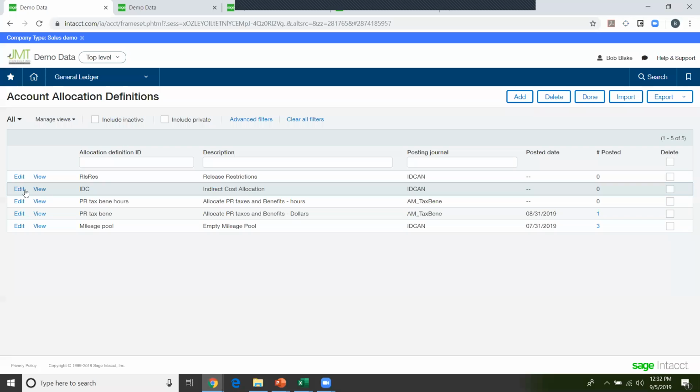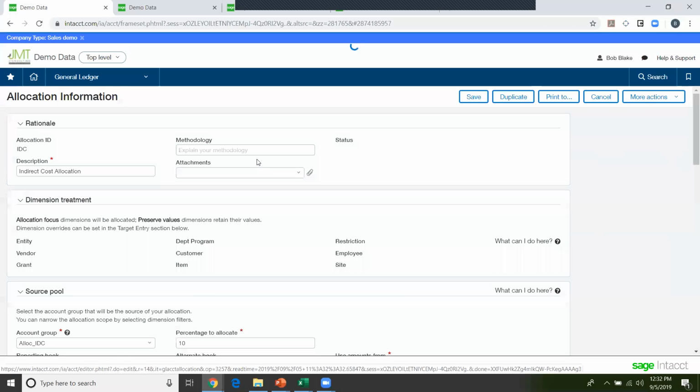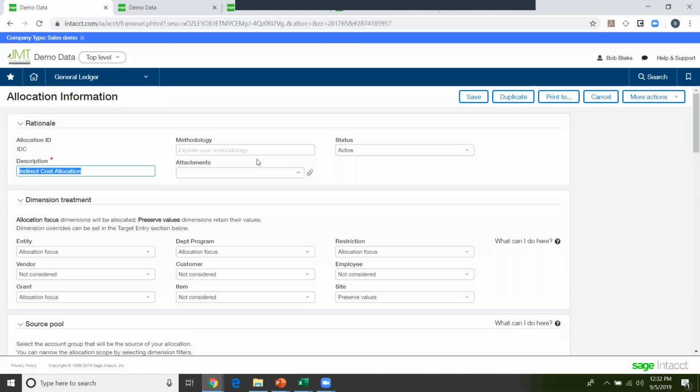Then we have indirect cost. So indirect cost is one that sometimes you'll need to have multiple allocations for. And there's a couple reasons. One might be that you have different indirect cost rates depending on which grants you're spreading those across or what programs, et cetera. So in that case, we would create an indirect cost allocation for, not for each grant, you'd